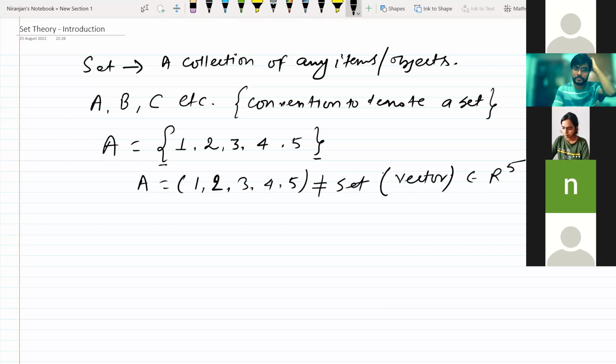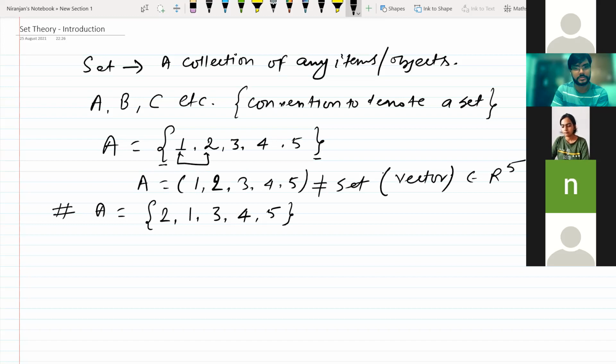Now, one of the fundamental doubts that students face is whether order in a set matters or not. So let's say I write A equal to {2, 1, 3, 4, 5}. What did I do? I exchanged the positions of these two elements of the set. Once I exchange the positions of the elements 1 and 2, my new set became {2, 1, 3, 4, 5}. Now, if I ask you whether this set and the original set are the same or not,